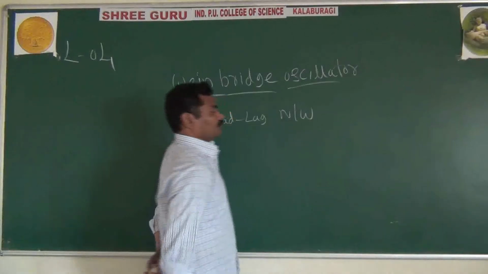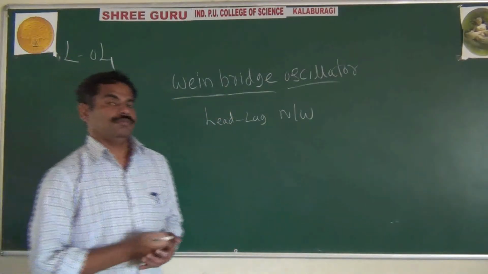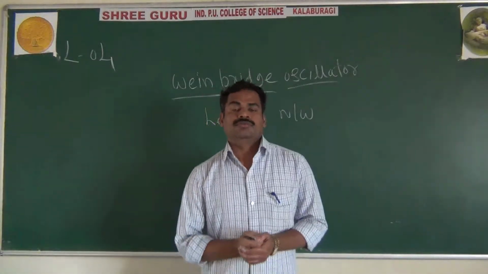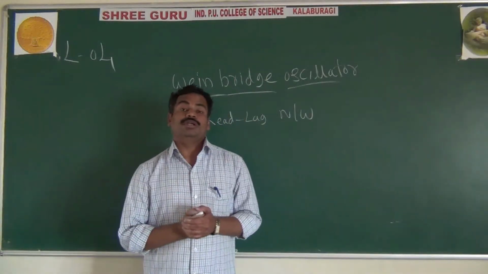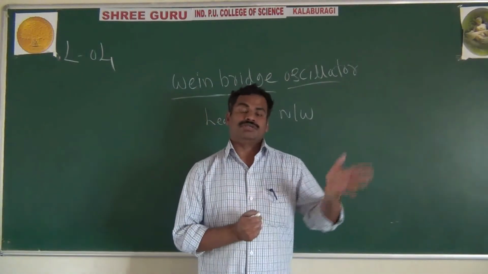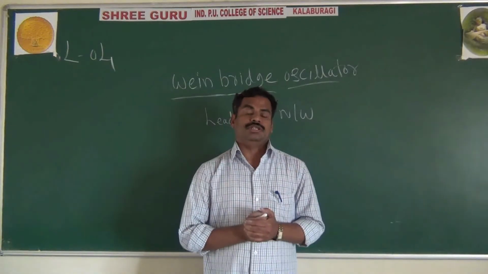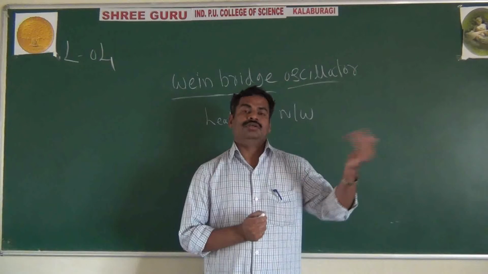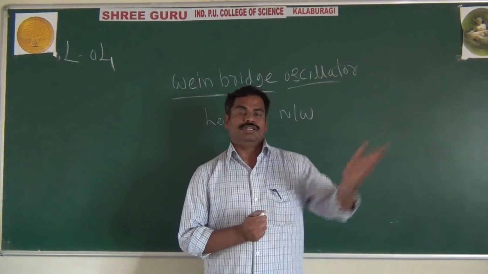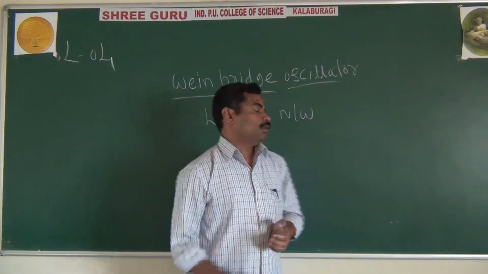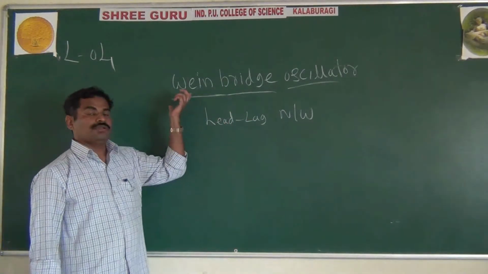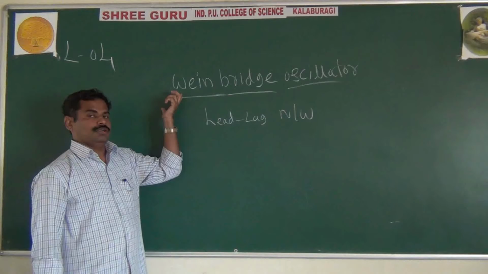This is important. As I said already, in your phase shift oscillator, they require the 180 degree phase shift. That's why we are using 3 RC networks. Each will give 60, 60, 60, and total here 180, another 180 given by your op amp. But here it is somewhat different as compared to your phase shift oscillator.